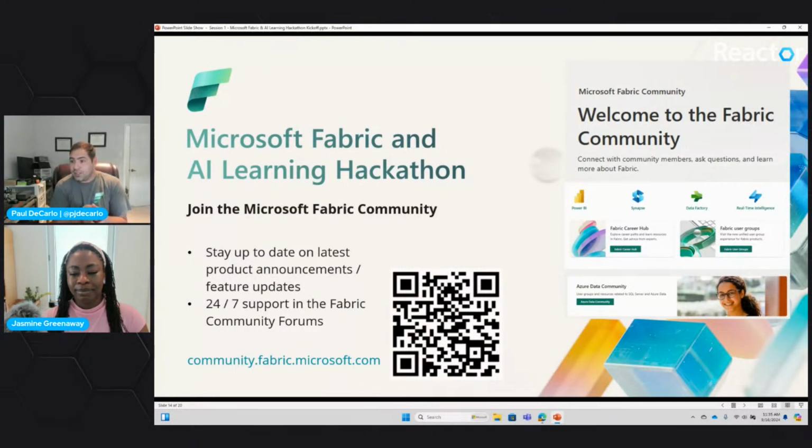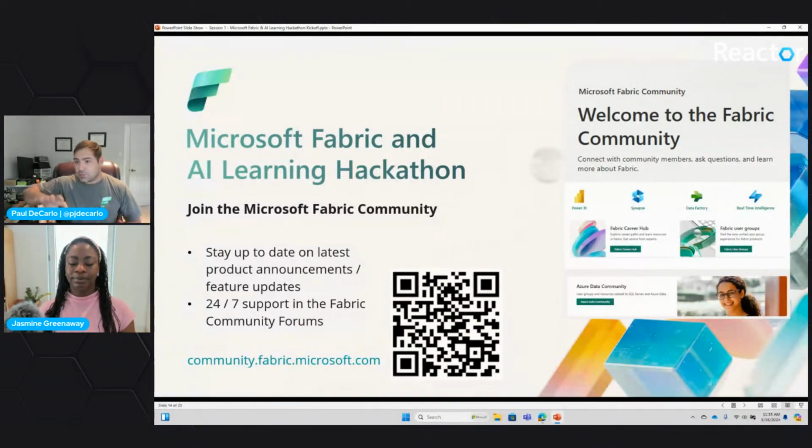And this is important because the Microsoft Fabric community is always on. So it's kind of like a 24/7 support area where you can go to ask questions about any of the Fabric workloads. And these go not just into all up Fabric, they go into the specific workloads. So you can ask very niche questions. You typically receive an answer within 48 hours or so. In addition, this is where you're going to hear about all the latest product announcements. So all those announcements and feature updates coming from FabCon are going to be mentioned here,